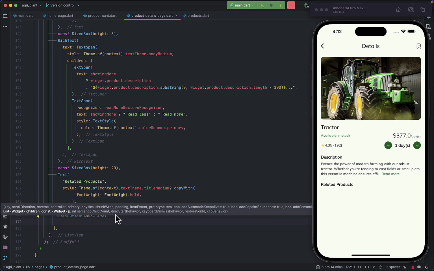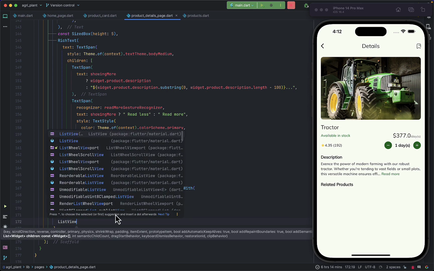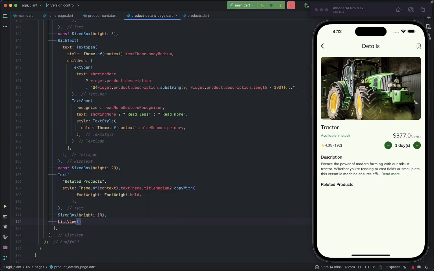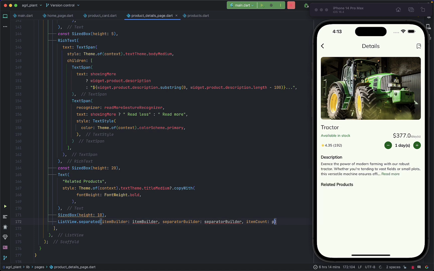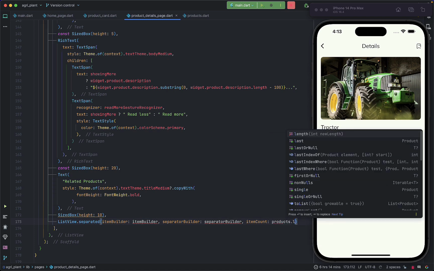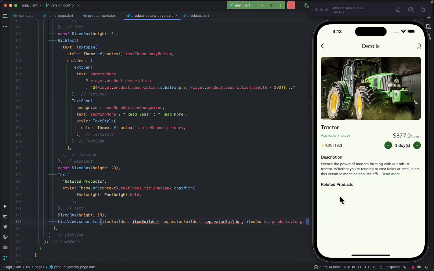So let's first have a list view. So list view, and then I'm going for the separated. So list view dot separated, and the item count is going to be the number of items going to show us a related product. These data would be coming from your backend if you are building an actual product, but in our case we just want to show the list of our products again over here, right? So I'm going to use the product dot length,